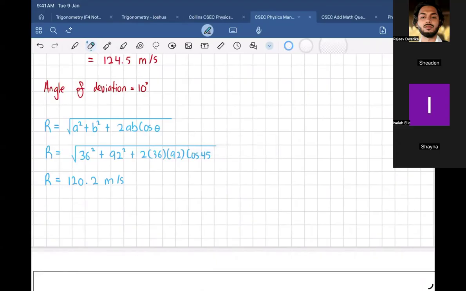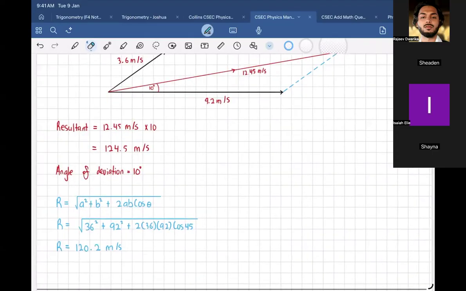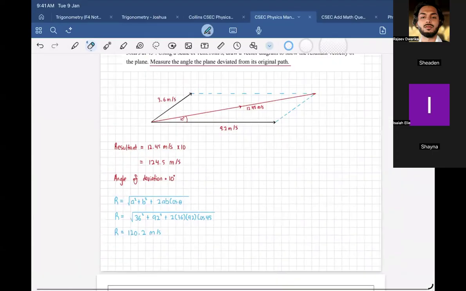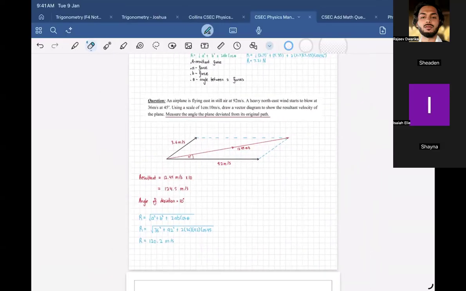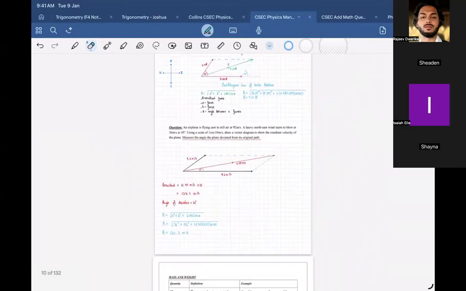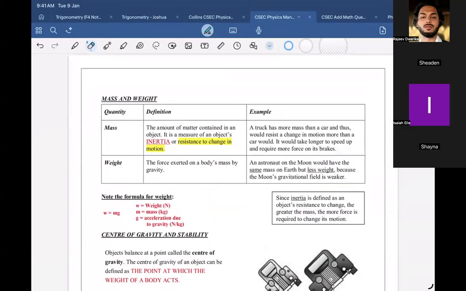Actually, I wouldn't put you through that. That might take up a little while. So the point is, I wanted to show you how to draw it and the parallelogram law of vectors, right? Cool. Yeah, we good? Yes, sir. Cool. So we're okay with vectors. All right, let's look at mass and weight now.